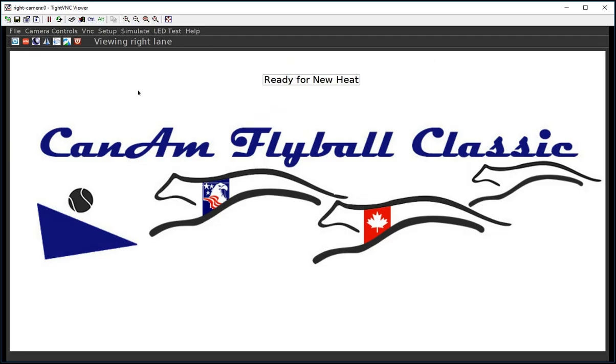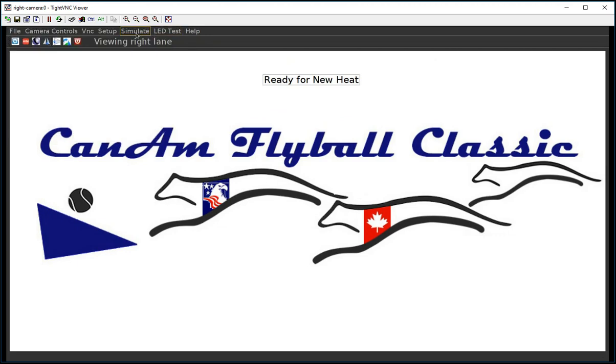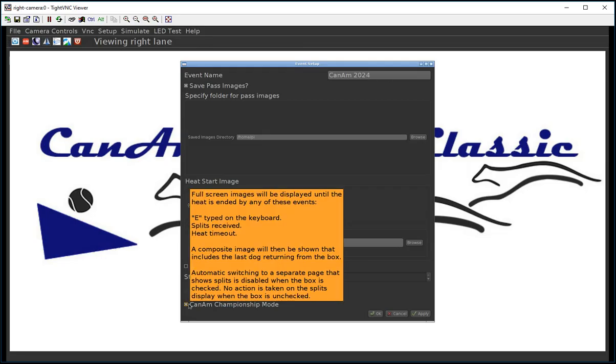The menu items of interest are setup, and then setup event. We also have this configure splits display that can tell whether you want to show a separate splits only window or not. When we click on the CanAm setup menu item, when you enable it, it'll automatically disable that. Anyway, all that needs to be done for configuration is to click on CanAm Championship Mode, and as the hover